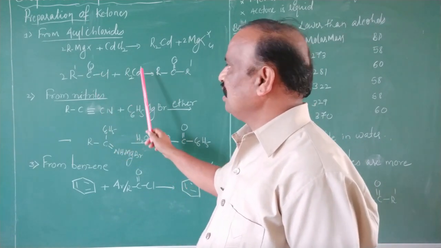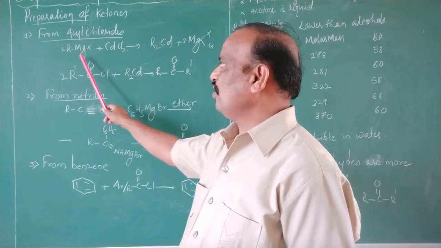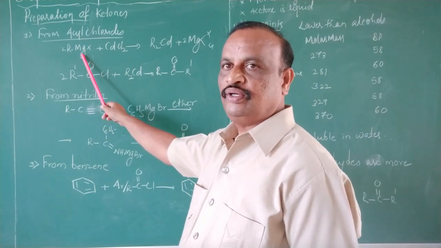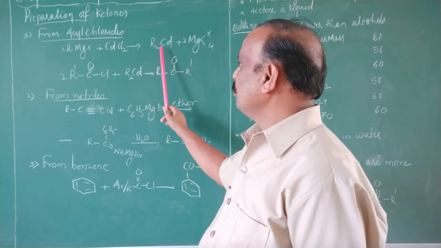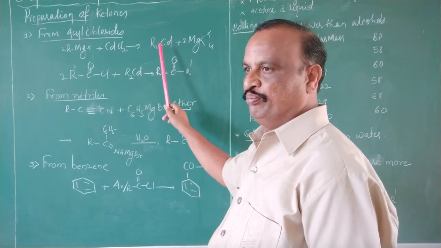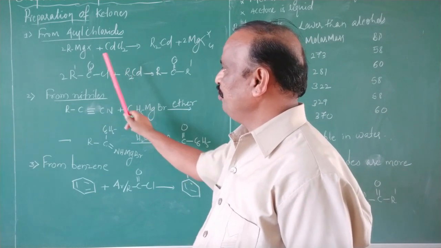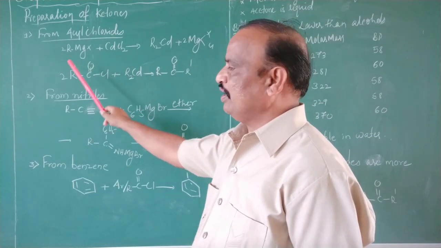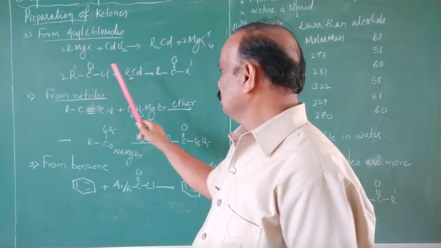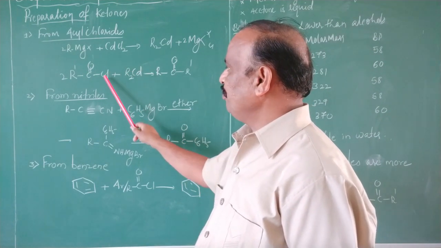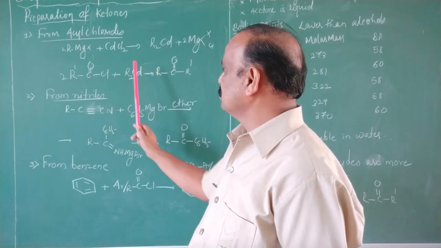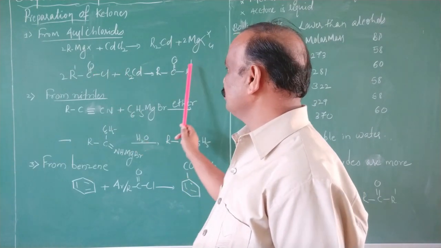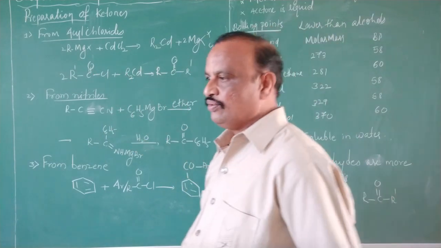To prepare dialkyl cadmium, take a Grignard reagent, the RMgX compound. Grignard reagents, when treated with cadmium chloride, form dialkyl cadmium. When this dialkyl cadmium reacts with the acyl chloride, cadmium and chlorine react and form cadmium chloride, which separates out, and the R group attaches to the carbonyl carbon, and you get the ketone.